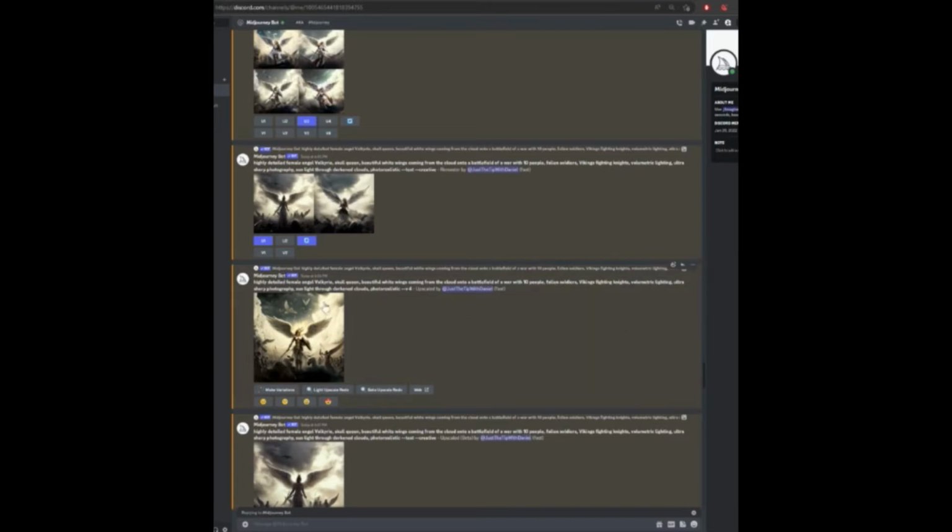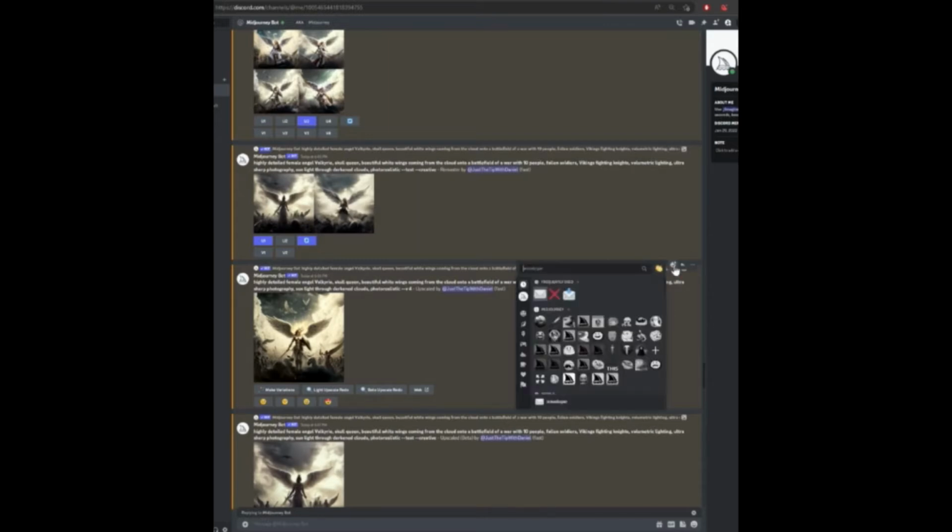So sometimes you can delete by going next to the picture and there's usually an X here. Sometimes that's there. Or sometimes you can go to the ellipsis and then there's a delete option here, but I don't have it now, which is kind of weird. But one way that you can always delete it, and that always worked, like in the past in version 1, back in the days, is to add a reaction. So you're going to add a reaction here, and it's this big red X. And if you can't find it, just type in :x:. And when you type that in, you'll get this big red X, and you click on it